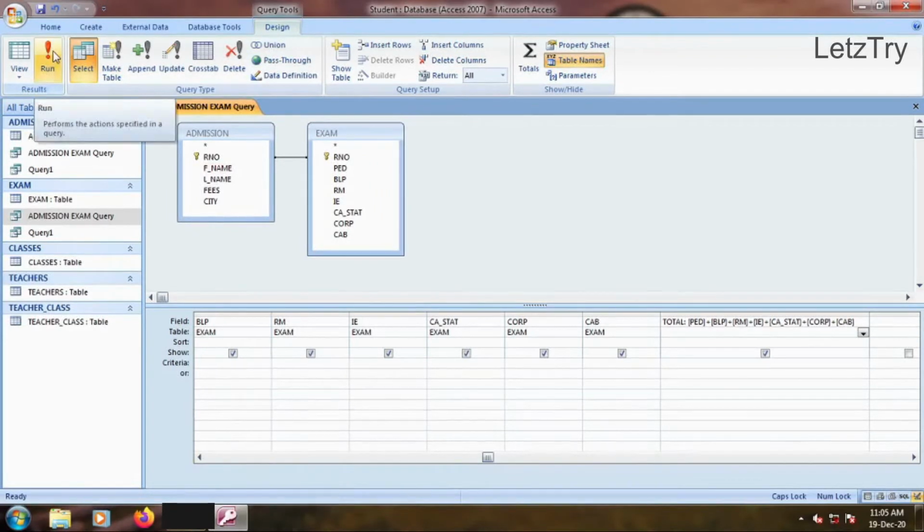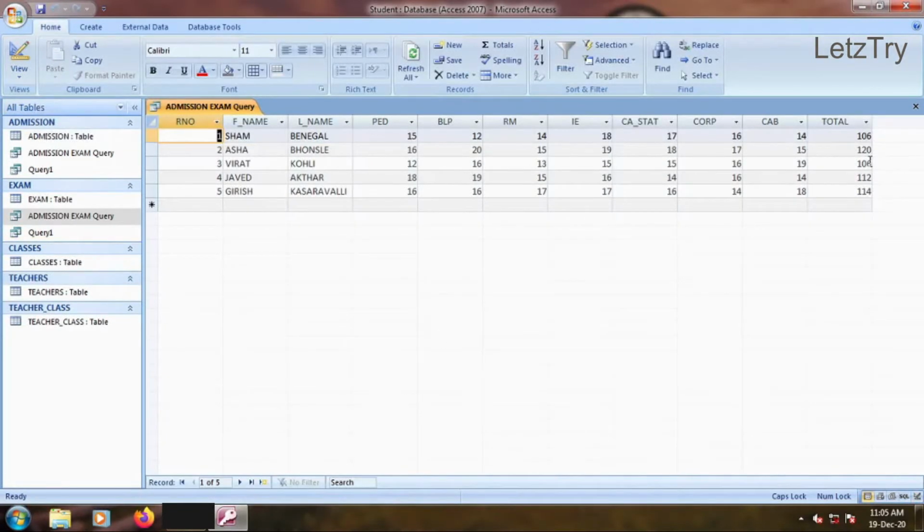See, here we have an additional field called total that shows total of all 7 subjects. Similarly, we can use percentage, average, deductions, discounts, simple interest, etc. expressions here. That depends on what kind of data we have and what we want to calculate.